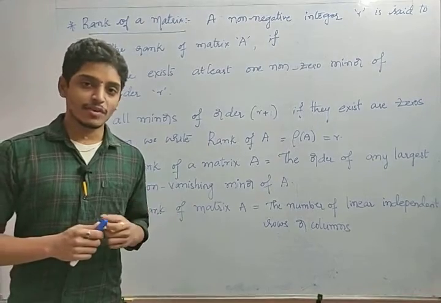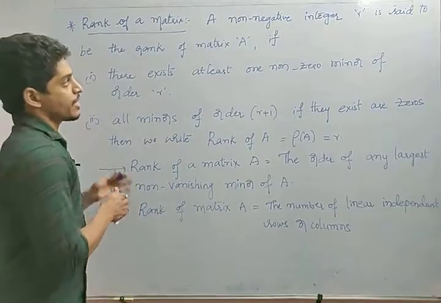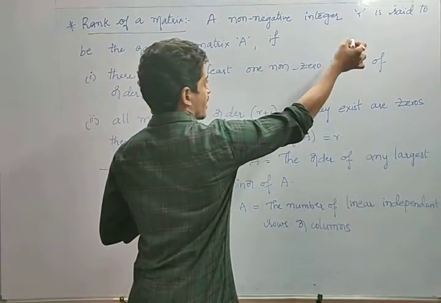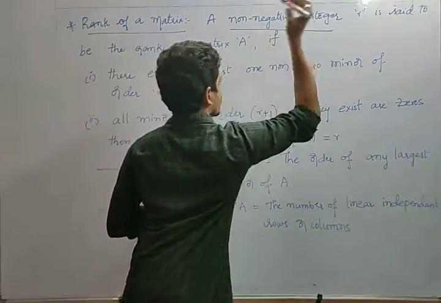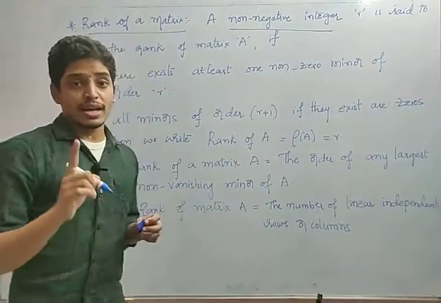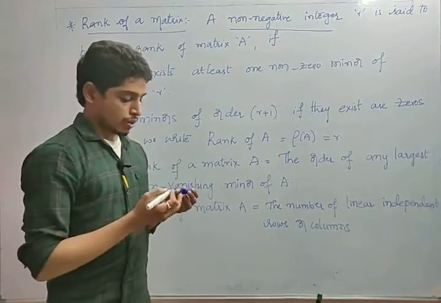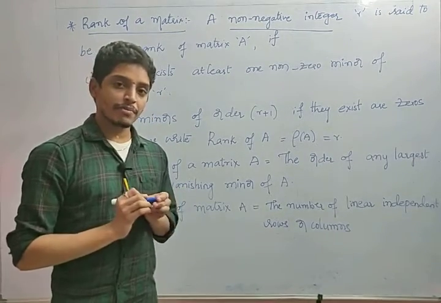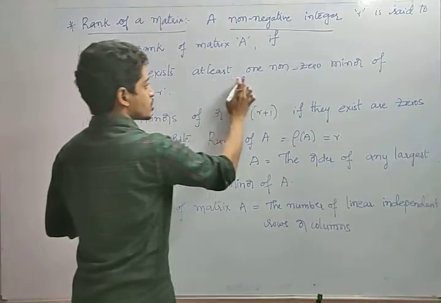Now let us see what the rank of a matrix says. Okay, rank of a matrix. A non-negative integer r is said to be the rank of a matrix A if... Always remember, rank is nothing but a non-negative integer. So how can we say the rank for a matrix? See friends, if there exists at least one non-zero